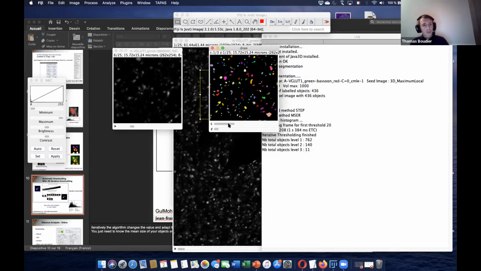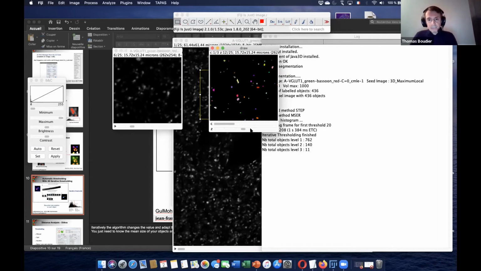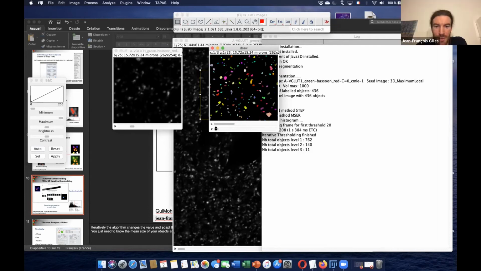But usually quite nice. We obtain something like this. The first channel is the smallest objects, and in the second channel they are bigger and bigger, again with the last channel.